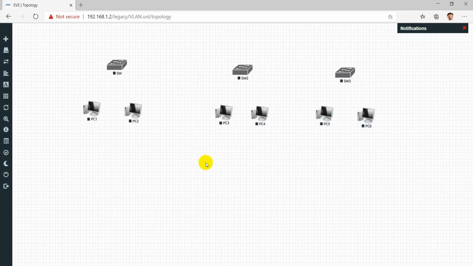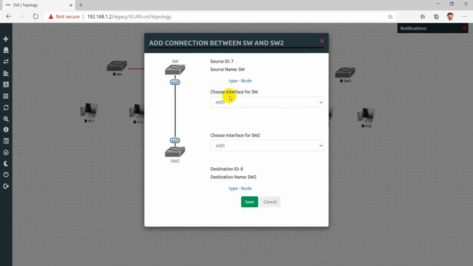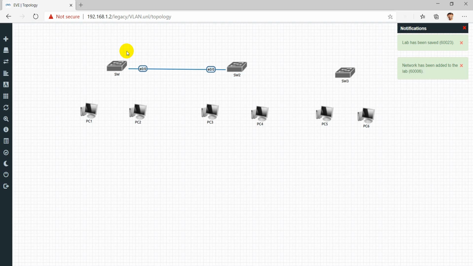I am sure you must be familiar that these users will be connected as access links to all the switches, and these switches will be connected via trunk links. So let me start off with this now.